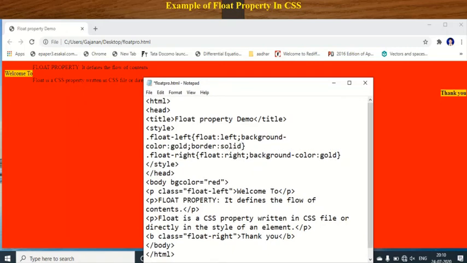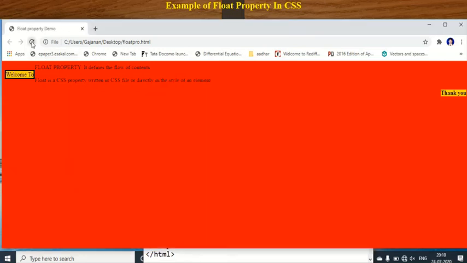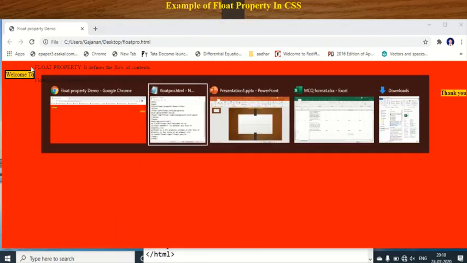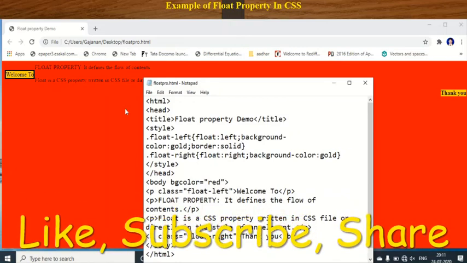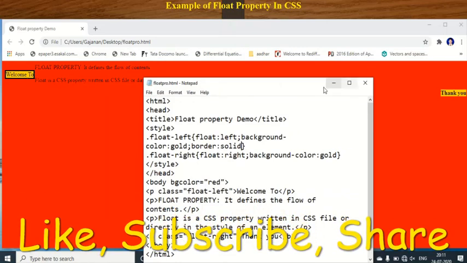Suppose solid border I have to apply here and save this and execute this. So it is applied only on this one, because this is a float. Okay, float property is there. You cannot apply the border throughout your web page. We have to apply border only on your text. Clear? So in this way we have discussed float property with its execution.